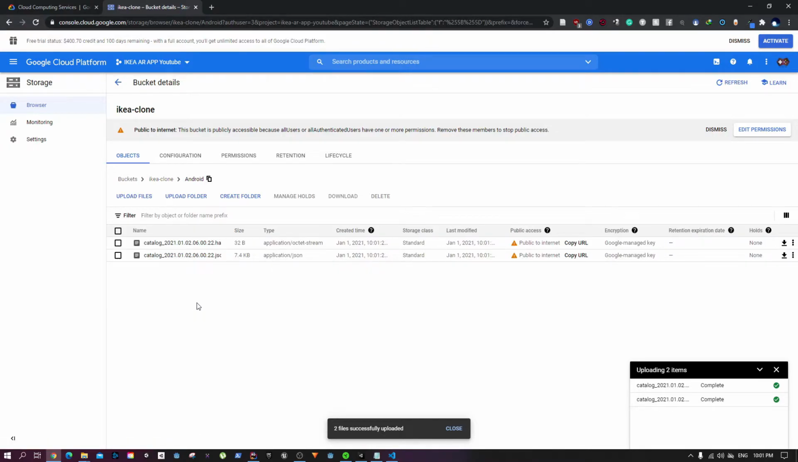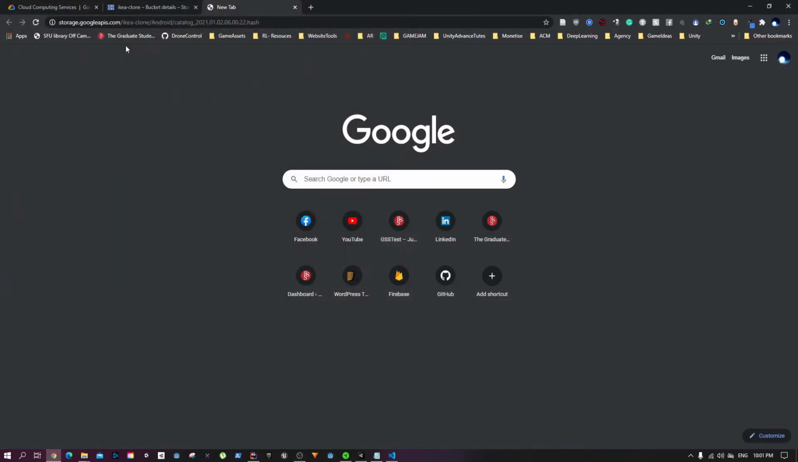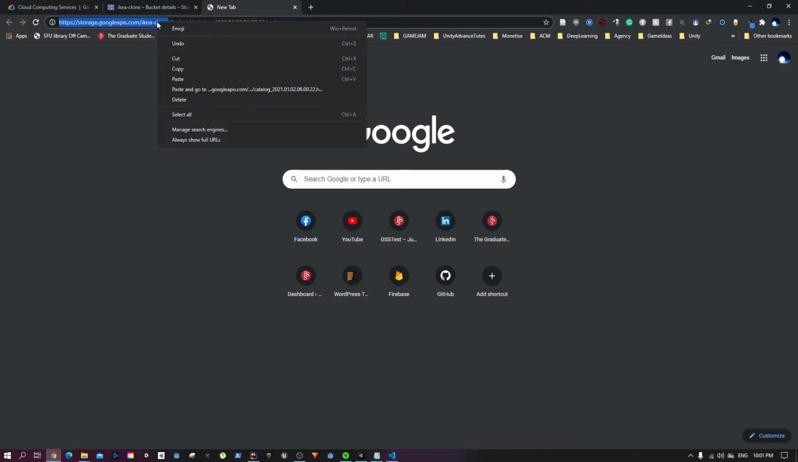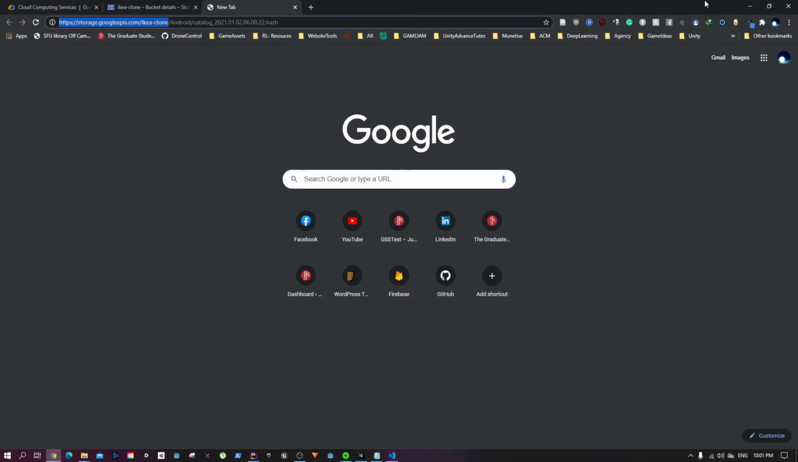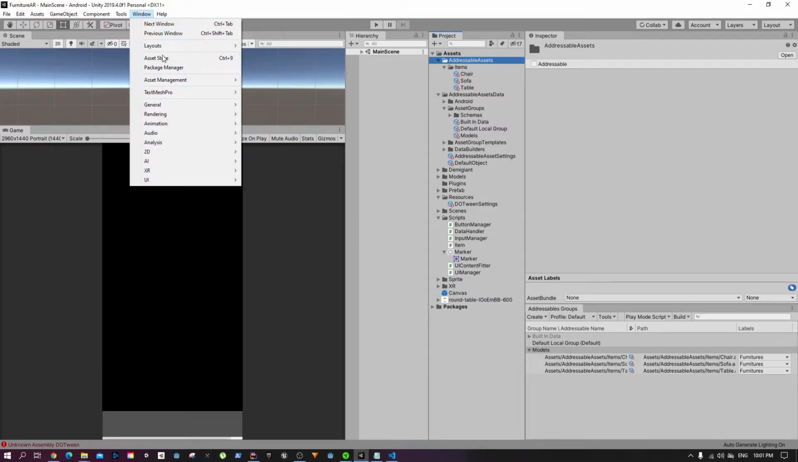And now if I go into one of them, you can see I have this public access copy URL. Make sure you have this, otherwise it's not going to work. And now if I go in here, you see I can download it, right? So this is the link that I want. So this link, right? Storage Google API / IKEA clone. So copy that, go back in here in Unity,